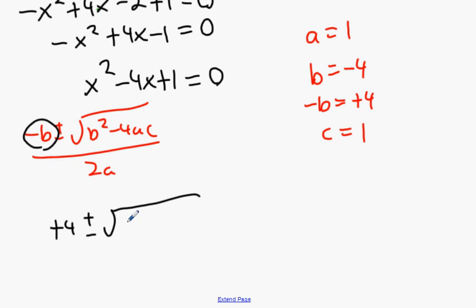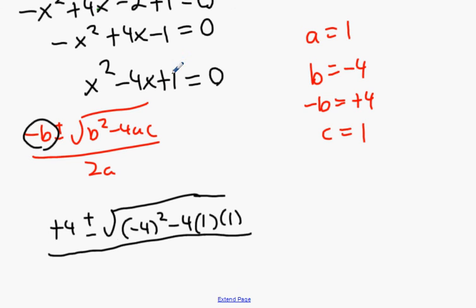b squared minus 4ac, plus 1 for me. No, just up there it was a minus 1, and then I multiplied both sides by minus 1, so it turned into a plus 1 for me. Now 2 times 1 on the bottom, so we're going to get 4 plus or minus,